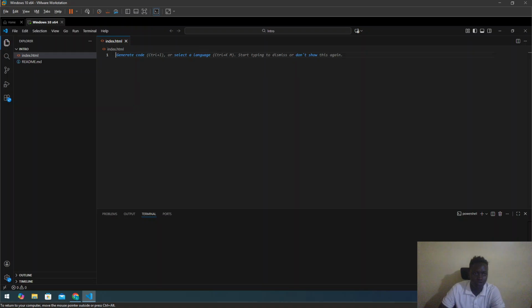Now the advantage with having a context editor is because of something like in HTML, when you want to generate the boilerplate, right? Instead of you having to declare that it's HTML5, declaring the head and all that. I don't know if